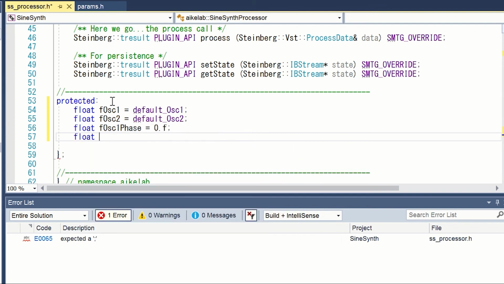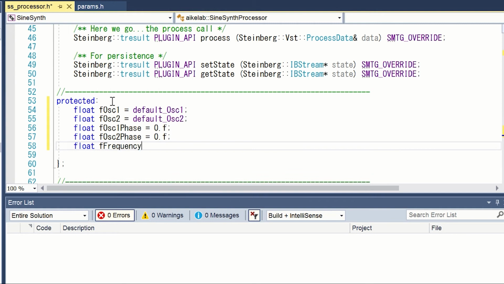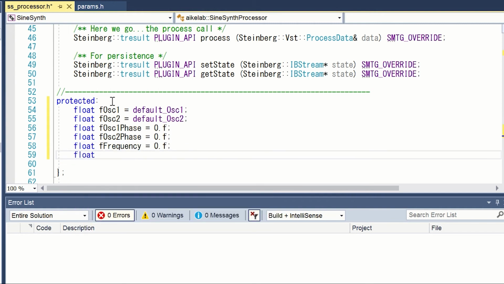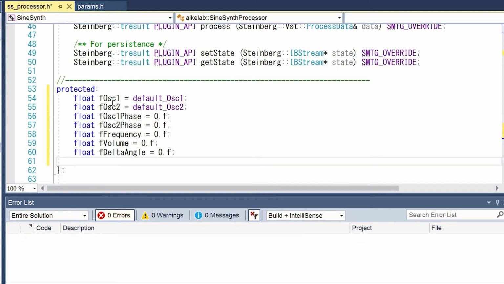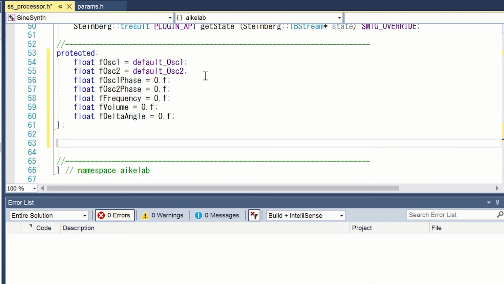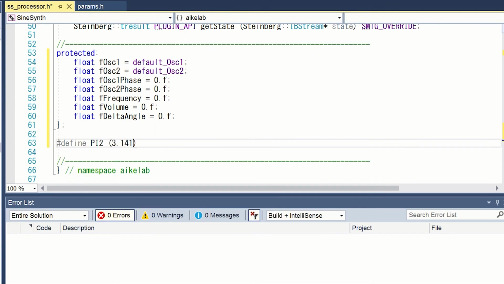OSC phase, or phase of oscillators. Current frequency and current volume. Delta angle is for phase update. And define 2π.